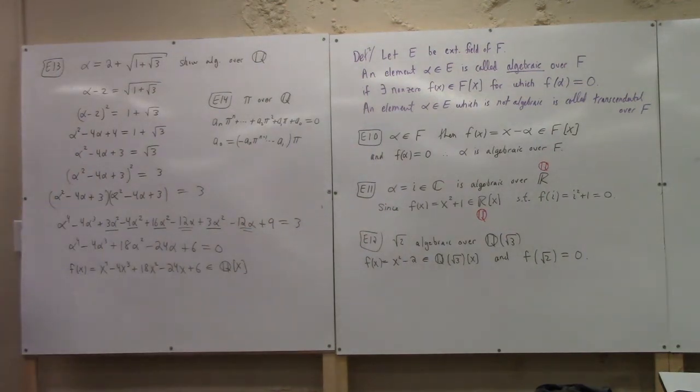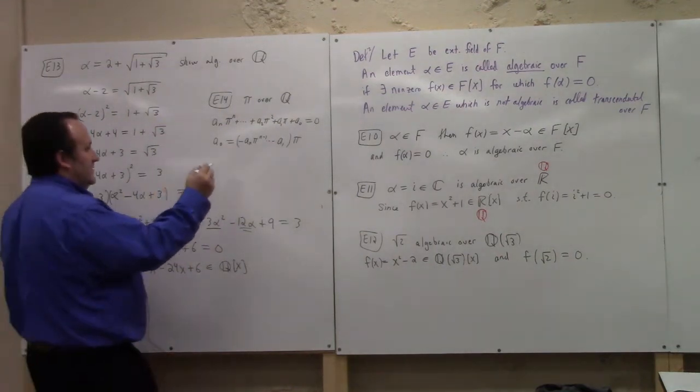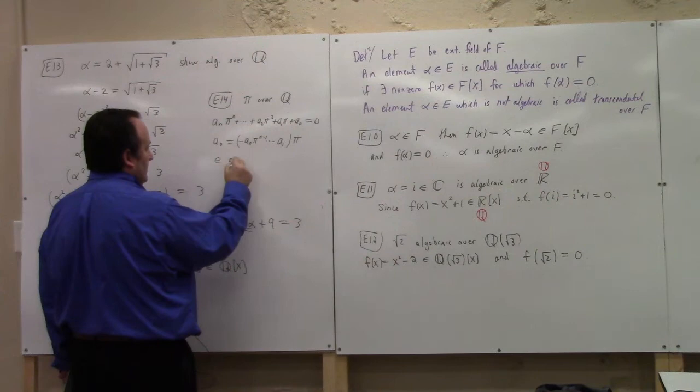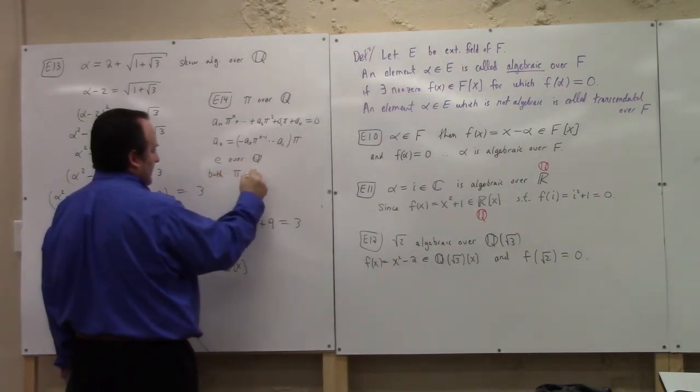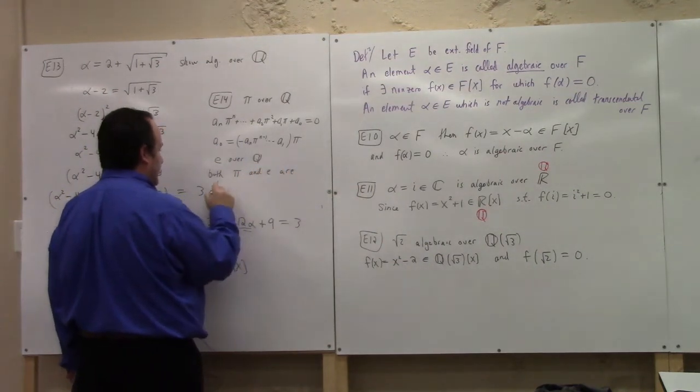I don't know how to prove it specifically right off the top of my head, but you can prove that pi is irrational, and I don't think this is actually an easy thing to prove, but you can prove that pi is not algebraic over the rationals. In fact, I don't think this is at all an easy thing to prove. We could probably spend a whole class trying to prove it carefully. Likewise, e over Q. Both pi and e are transcendental